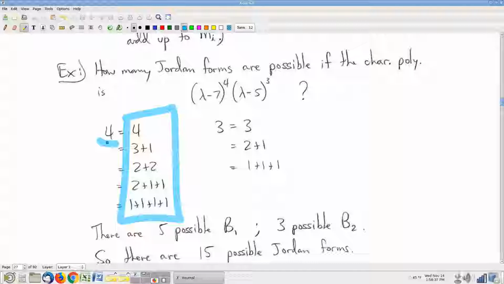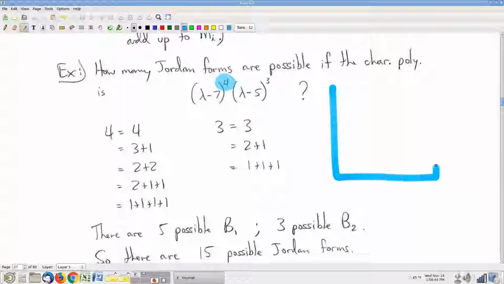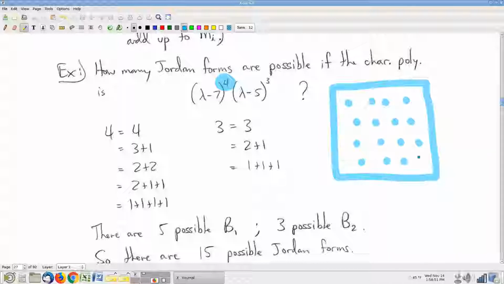Okay, so the observation I want to make here is that if you have a multiplicity of 4, that means that you have a 4 by 4 eigenvalue block. Because of this multiplicity of 4, how many different ways are there to put Jordan blocks inside of this eigenvalue block? Well, it could be